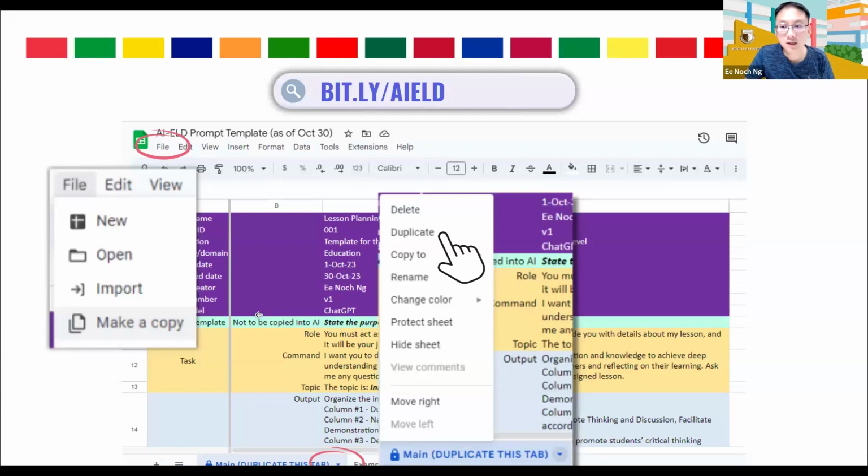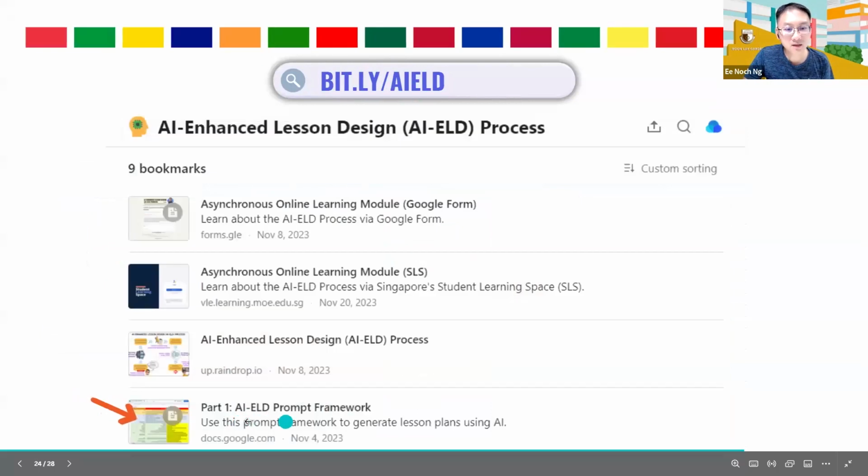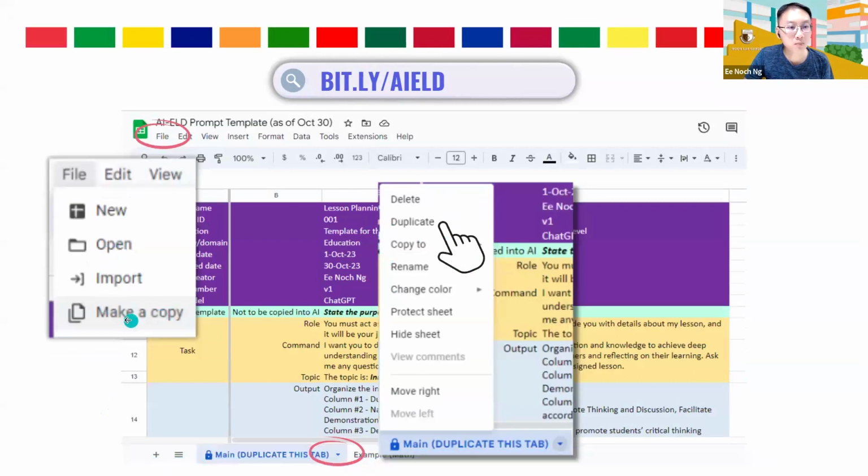For those who just joined us, Kendra, what we are doing now is making use of a prompt framework or prompt template to get AI to create a lesson plan for us. Head on to this link, go to this AI-ELD prompt framework, and that will bring you to this Excel spreadsheet. You either make a copy of it or duplicate the tab so that you can work on it and update the parts in yellow, then copy and paste it into ChatGPT, Gemini, or Microsoft Copilot, any tool